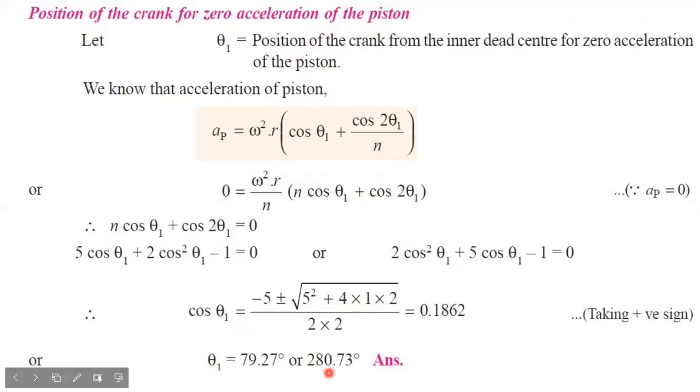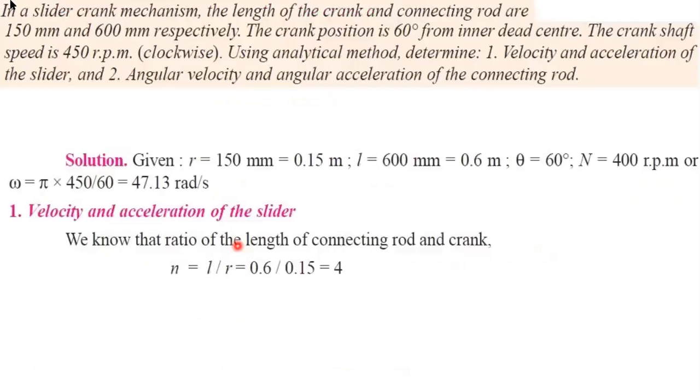So the ultimate aim is we need to calculate the position of the crank for the zero acceleration. So we have calculated. One mistake I have made: if you take the other end, the entire thing will become 0, no issues. Okay, fine. Next we will be seeing a slider crank mechanism,